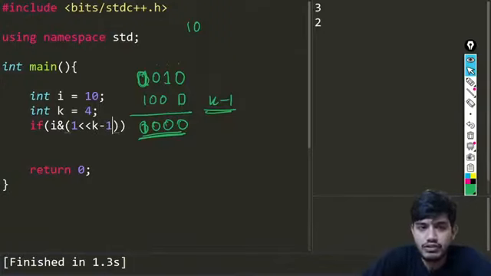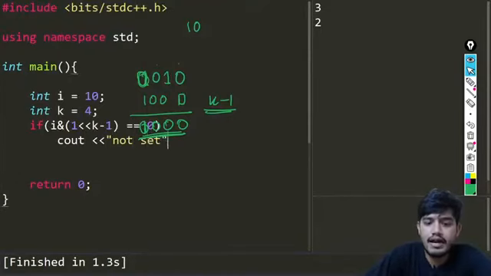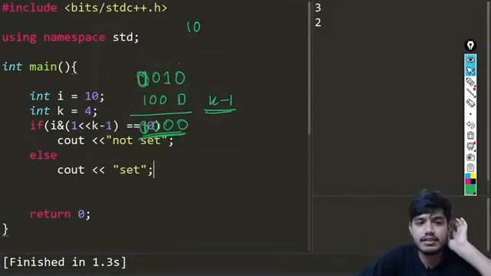I'll be doing the AND operation. If I'm getting the value as 0, I can easily say it is not set. And if I am getting a non-zero value, then it is set. Is it correct, guys, or do we need to check any other condition here?